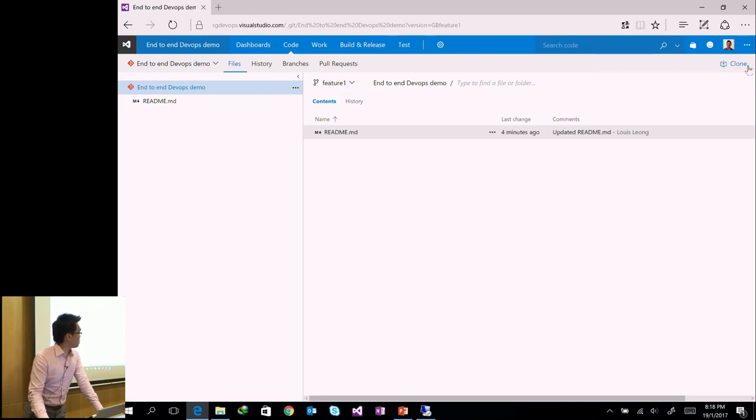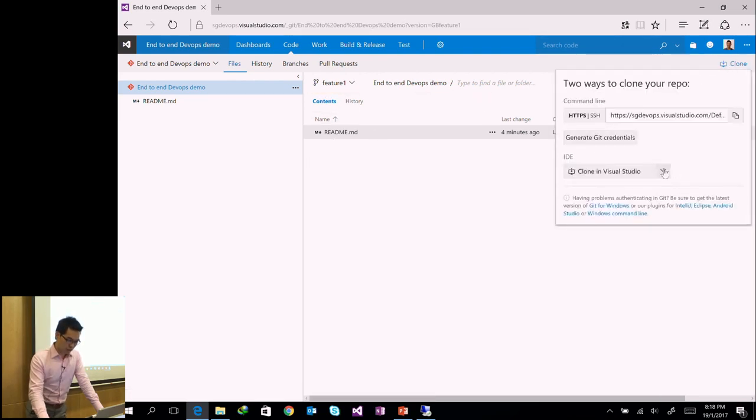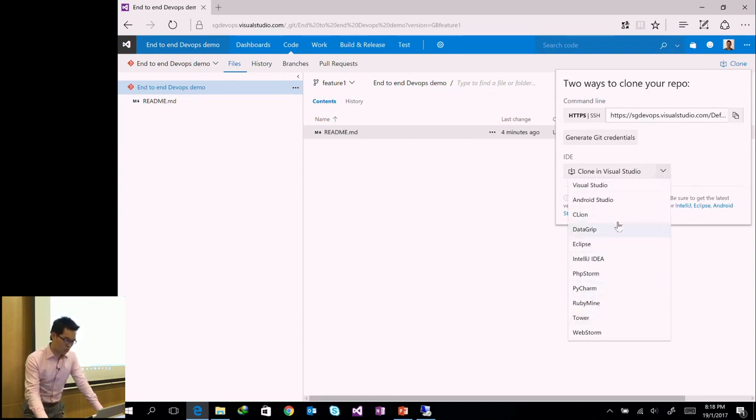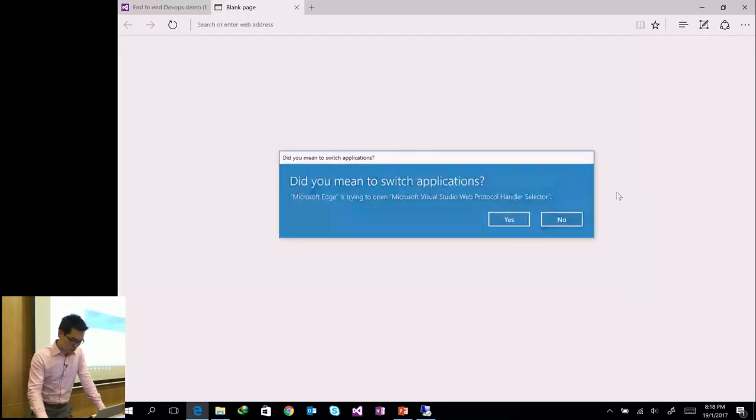And you can see at the top over here, it gives me the option to clone, right? To clone this project on my desktop. So right now there's nothing, there's only the README file. So I'm going to say clone. And you can see that there's a whole bunch of IDEs that have inbuilt support. Okay. This is out-of-the-box support that's provided. If you don't see your IDE here, it doesn't matter. You can still work with Git on Team Services. So I'm going to choose Visual Studio,